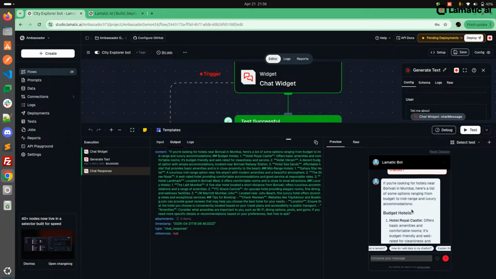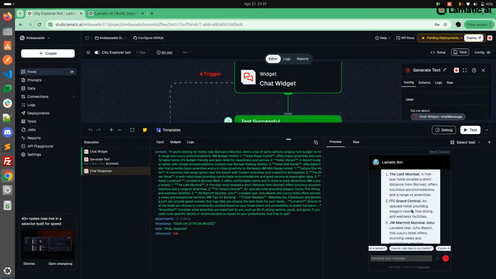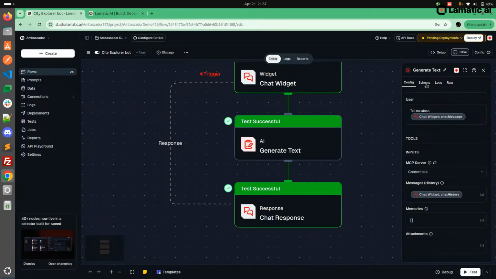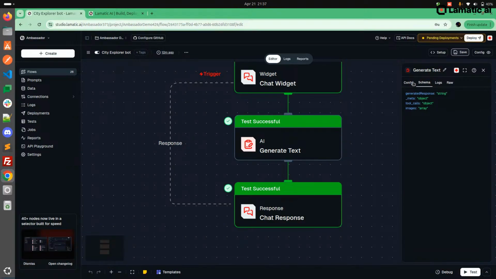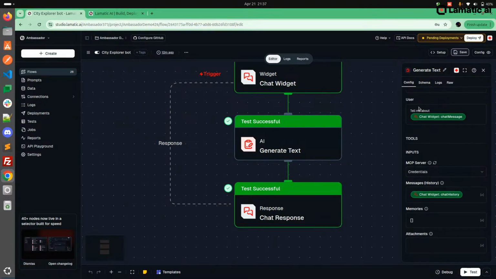So here also again the same data came, right? If you need specific details or recommendations, you can also ask. So that will work. And once again, if you want to reset it, that will also work from the previous one, and it will delete the history as well. So yeah, here also the same things.